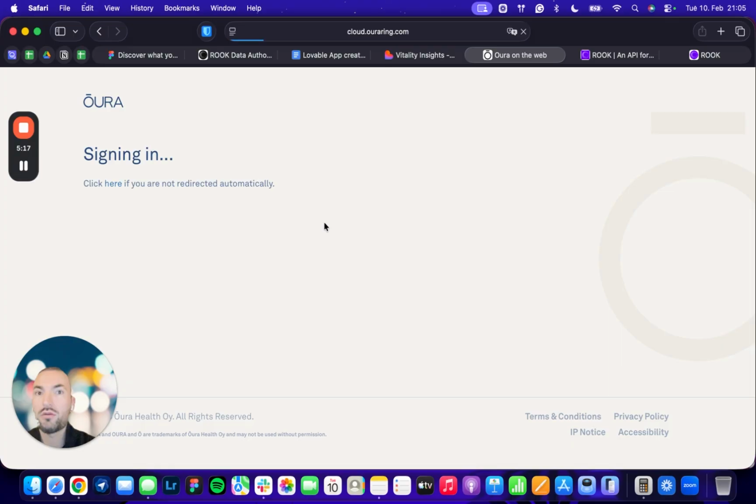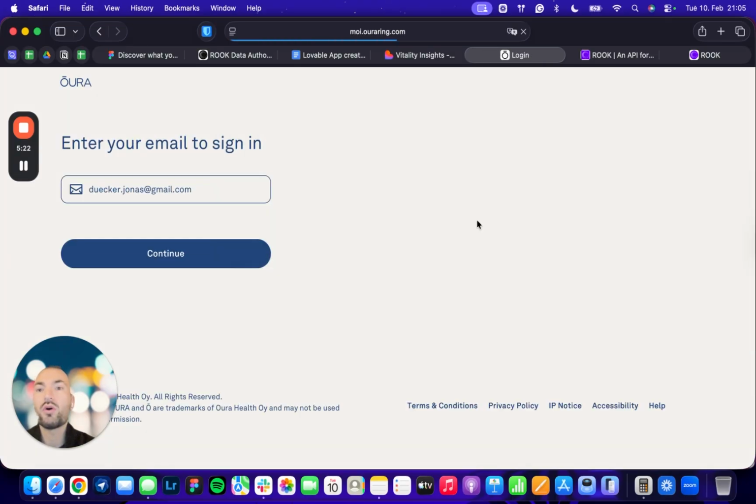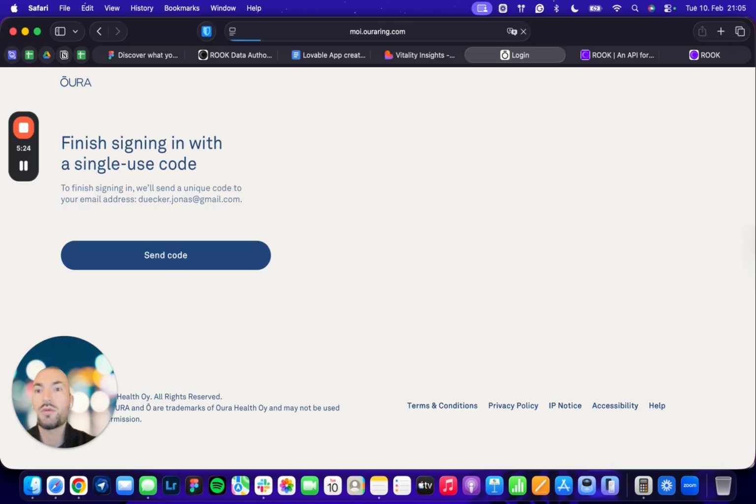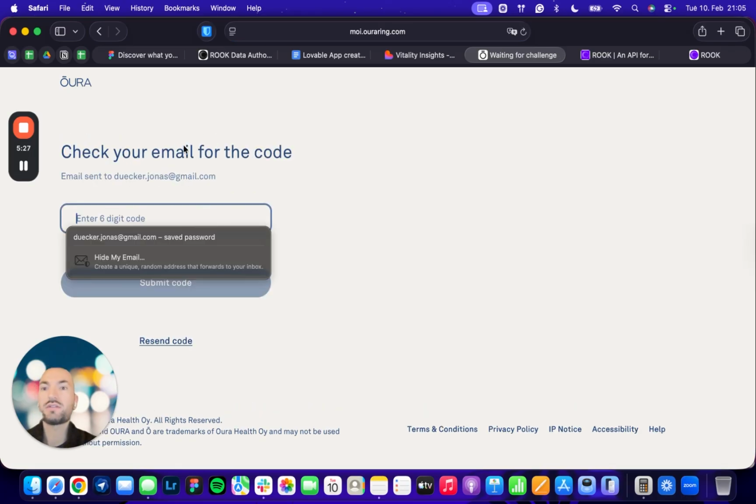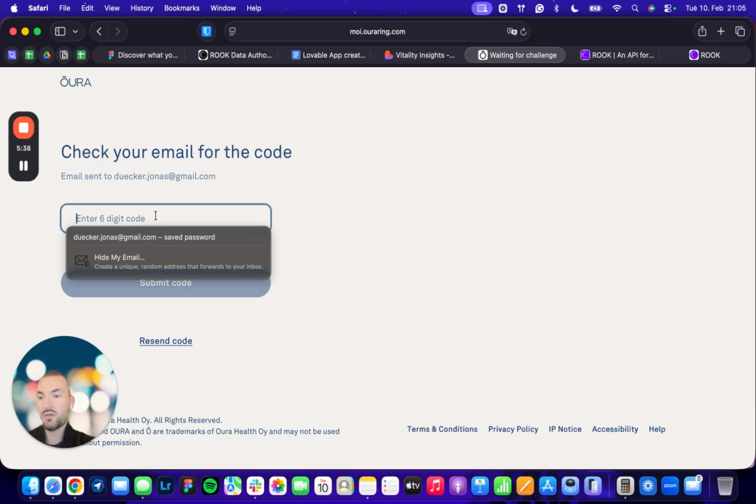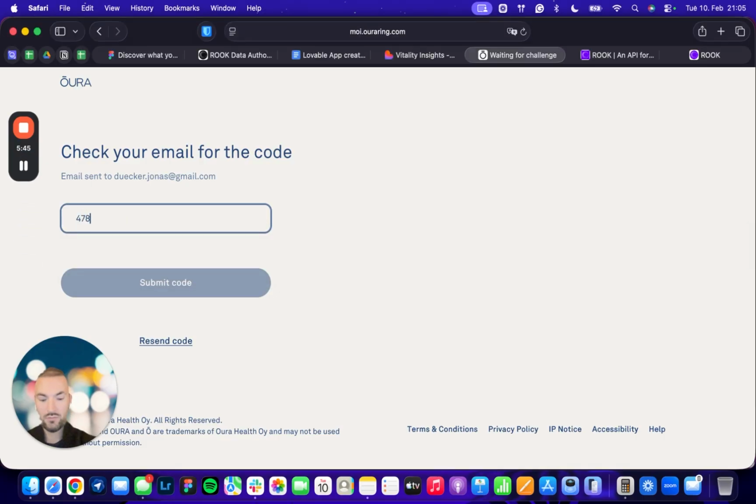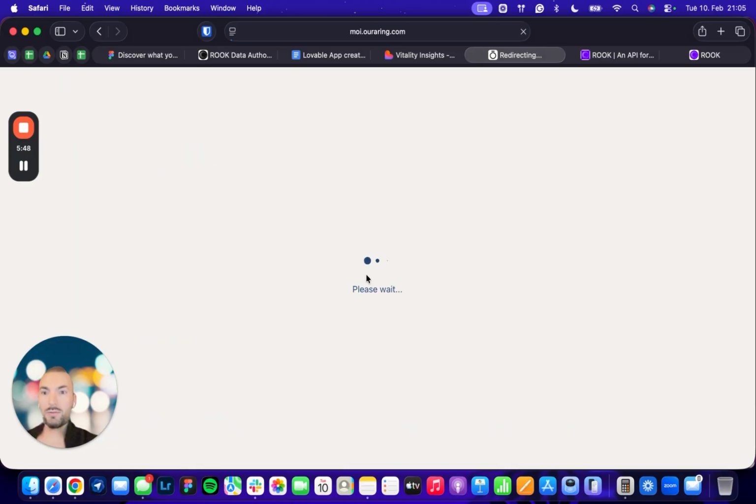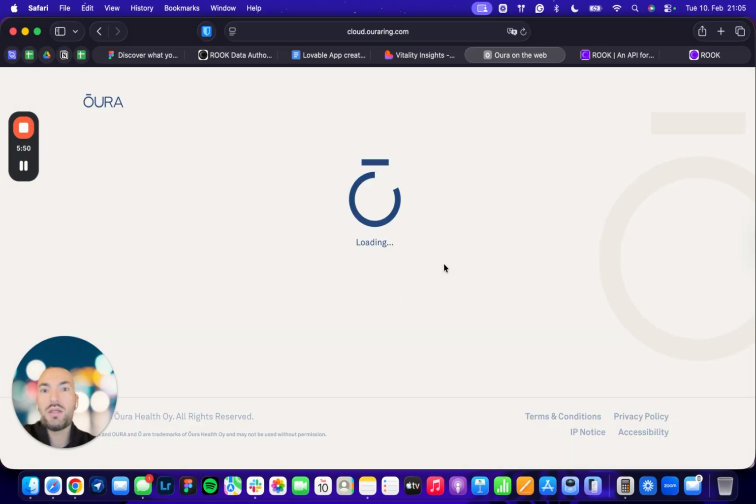So I will be hitting here Oura, and it takes me then through that native integration flow of Oura. So I'm logging in here with my credentials. This is sending me a code, and as soon as I receive the code here, I'll be adding this one in here. Submit code, and now